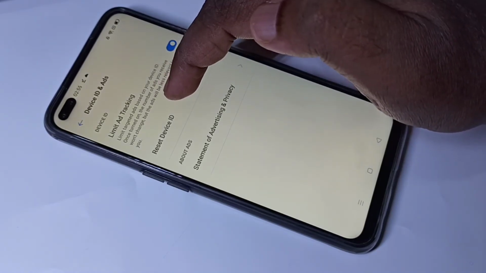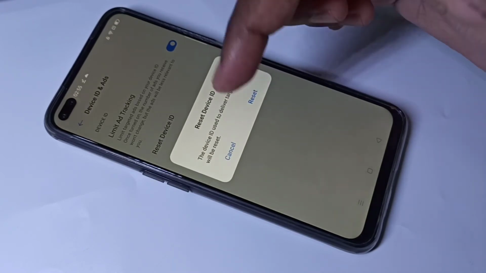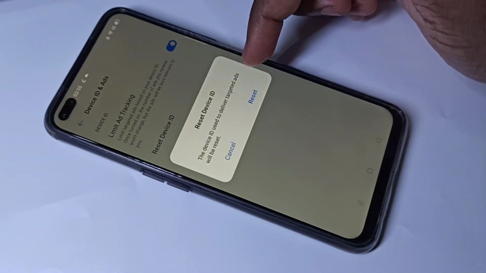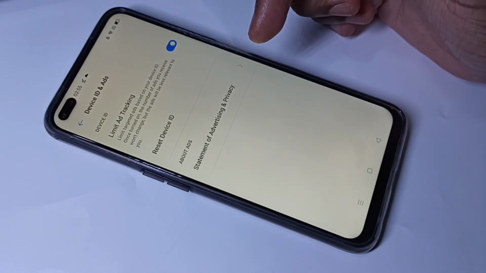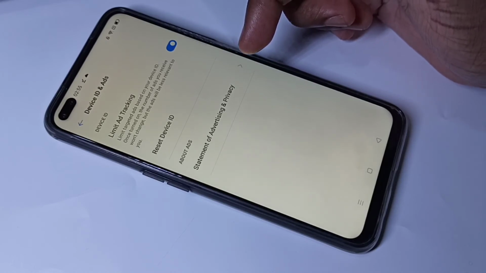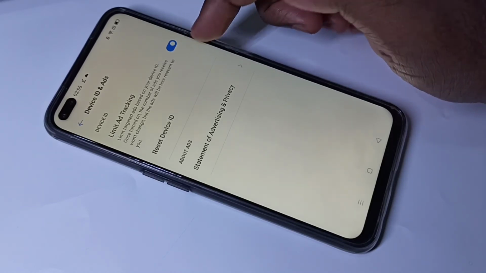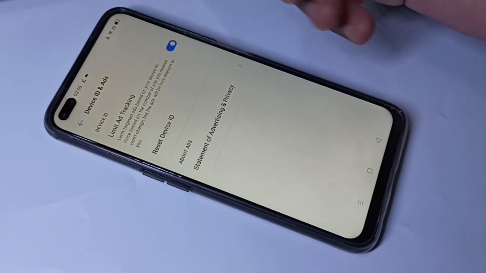If you tap on reset device ID, it will generate a new device ID. That way we can delete the information which Realme has collected. So after that we will not get the ads based on the information which they collected.